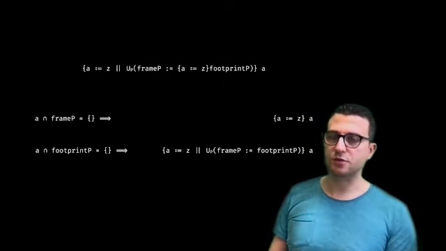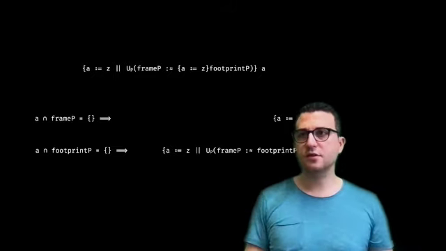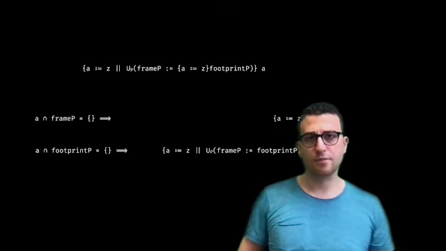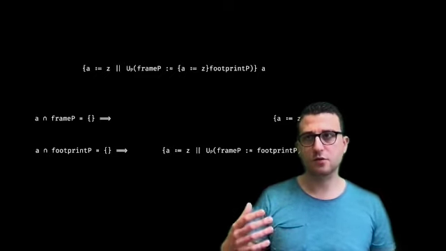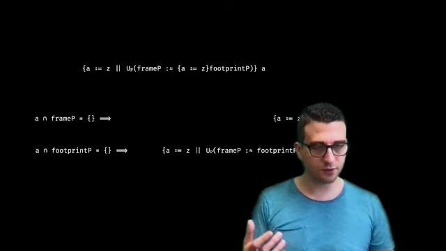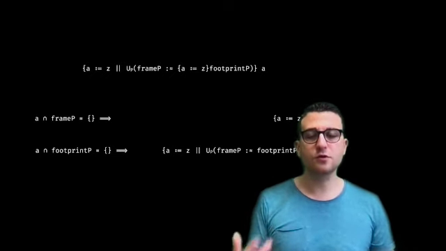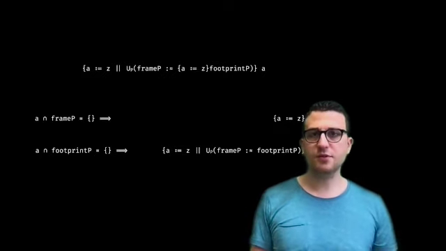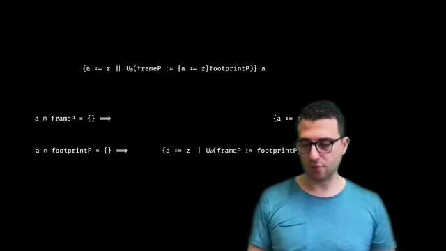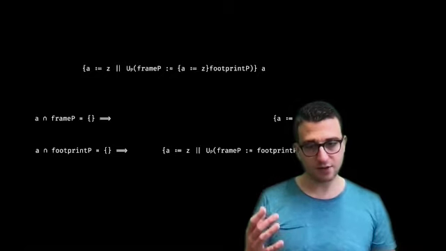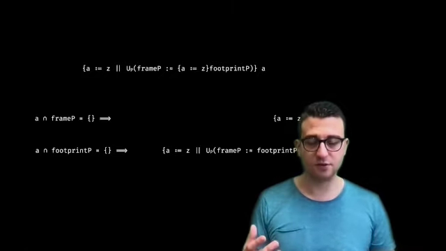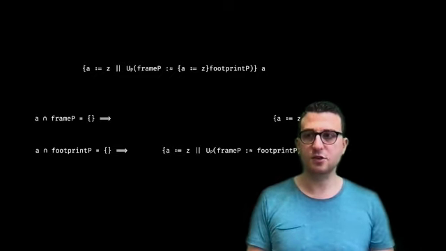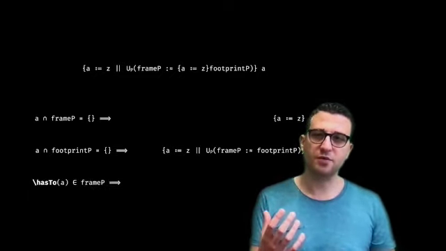So I mentioned before that these frames and footprints that we have here are actually over approximations. So this talks about all instances of this update that write at most to the locations in frame P and read at most the locations in footprint P. But sometimes we also want to have models where we say something like, okay, this update definitely has to assign some location, since I only want to consider these instantiations, and then we can do more aggressive simplifications.